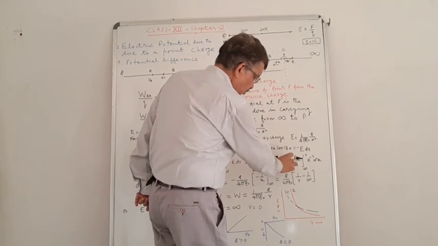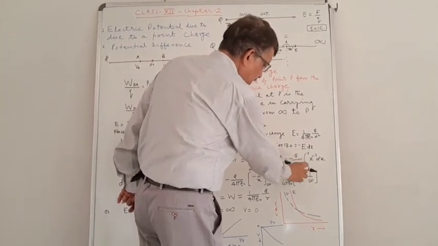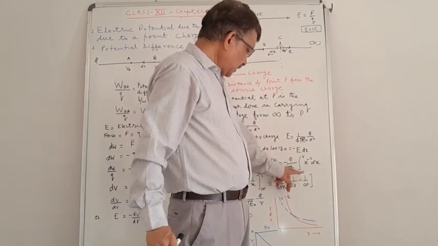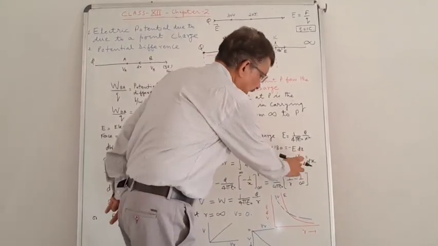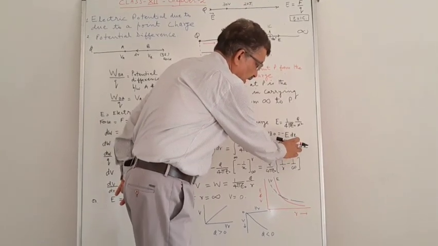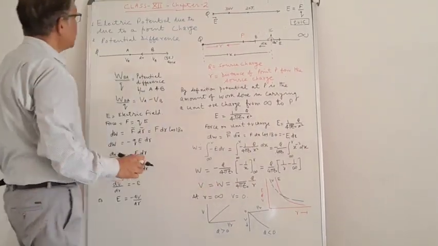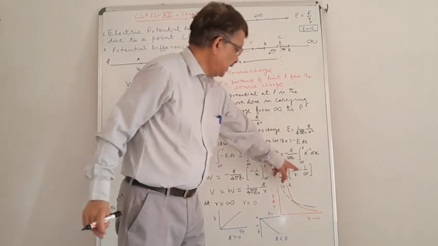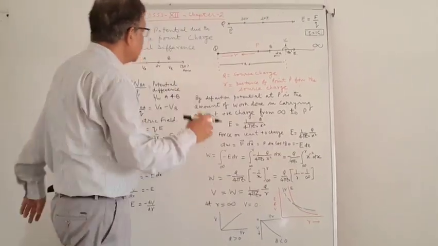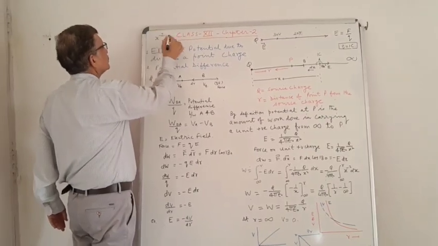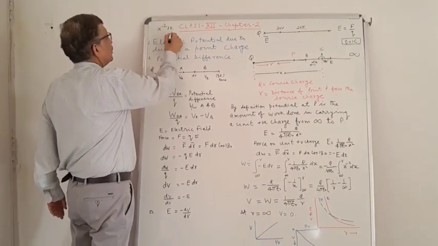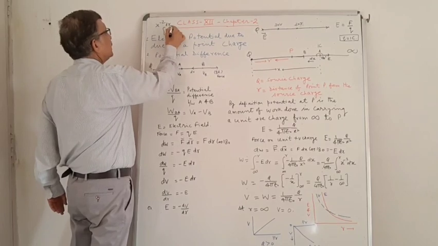So that is equal to minus Q by 4 pi epsilon naught, integration from infinity to R of x to the power minus 2 into dx. So the integration of this x to the power minus 2 dx will be 1 by x with a minus sign,